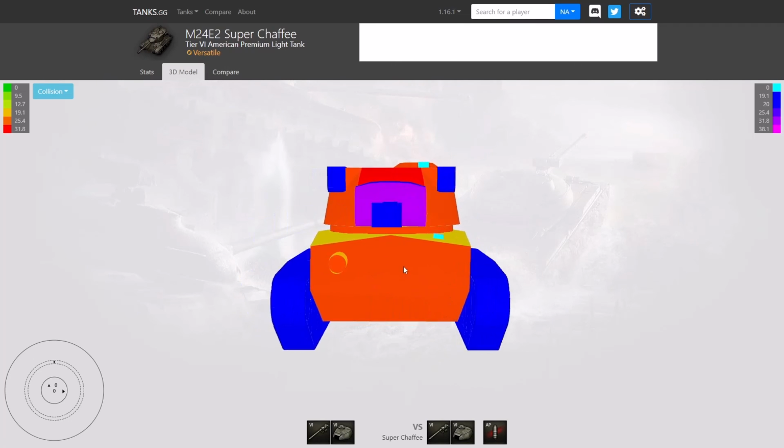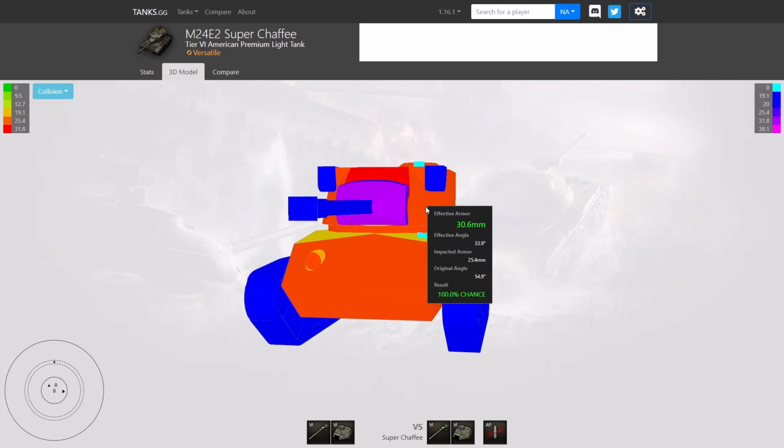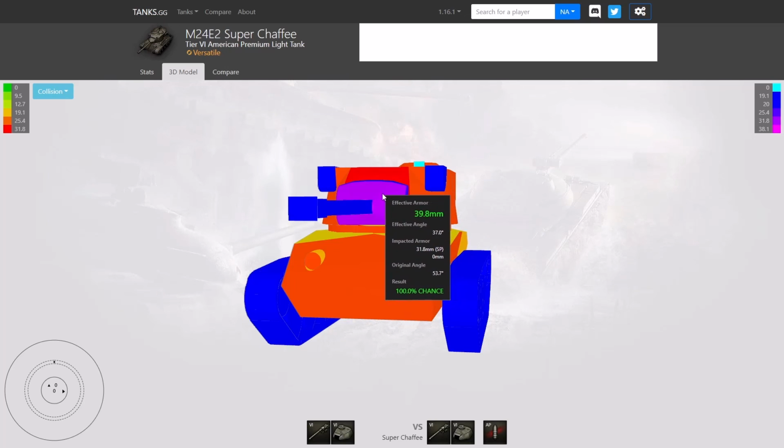You can see at the front, the impacted armor is only 25mm, but with the angling, it turns up to 30. The lower plates, 25.4, the same again, 30.5 angling. The turret's nicely rounded, but I'm afraid even with that, the armor's only 25.4 and you're only getting 30. The mantlet's probably the strongest part of the tank with 31.8, and depending on where you hit it, whether or